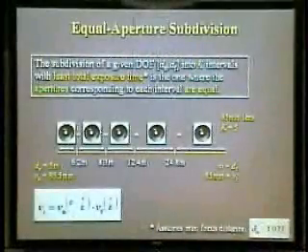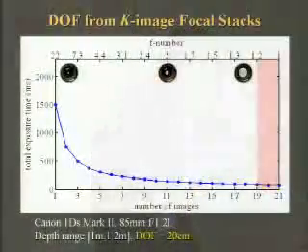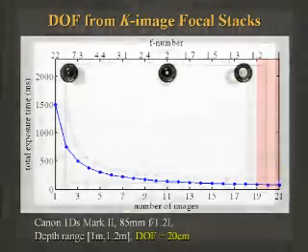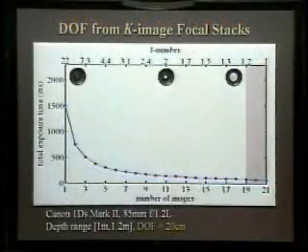It turns out that by performing the analysis on the image side of the camera as opposed to the scene side of the camera, we can derive a very simple analytic formula that tells us where the equal aperture depth of field intervals should be located. Now that we know the optimal way to divide the depth of field into K intervals, we can analyze what happens to total exposure time as we increase K.